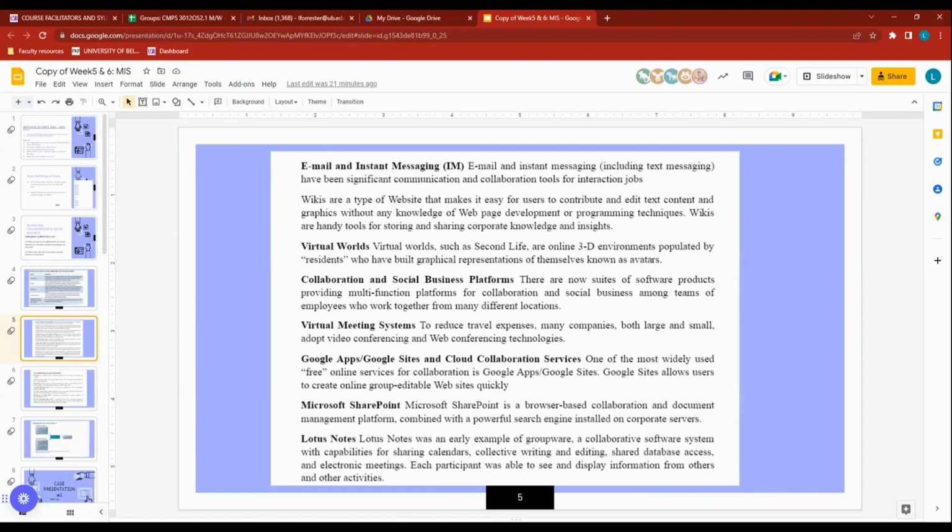There's virtual worlds, for example, Second Life, if you know about those 3D animations. Gamers also use virtual worlds too. They connect using their gaming applications, etc. And then there are the collaboration tools that were mentioned in both case studies. So keep those in mind.